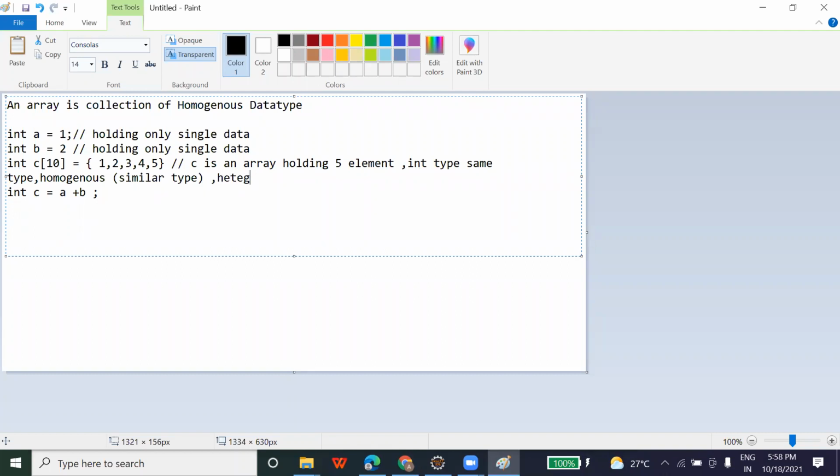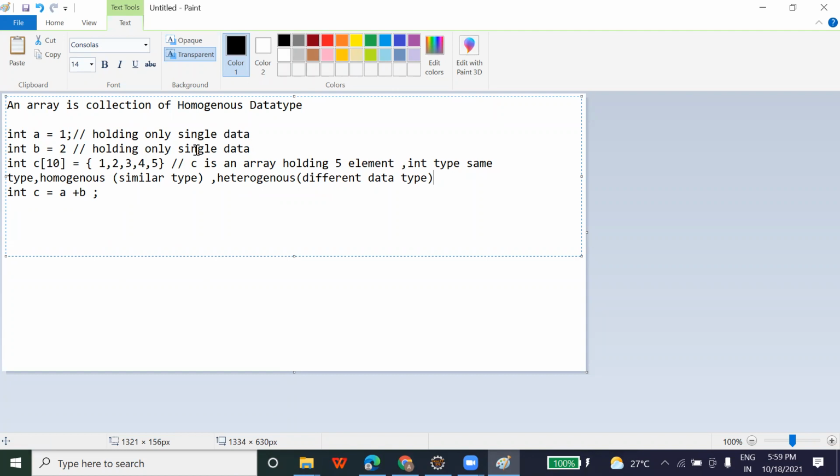There is one more thing, heterogeneous. Heterogeneous means different data type. So this is homogeneous, this is heterogeneous, and this is an array.